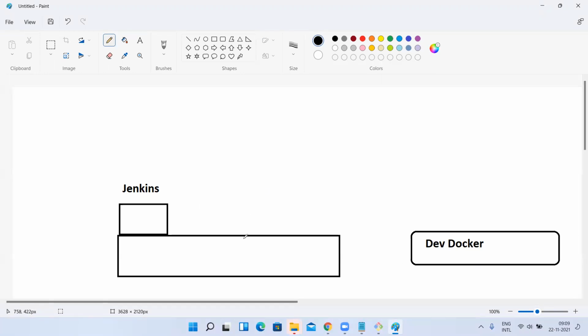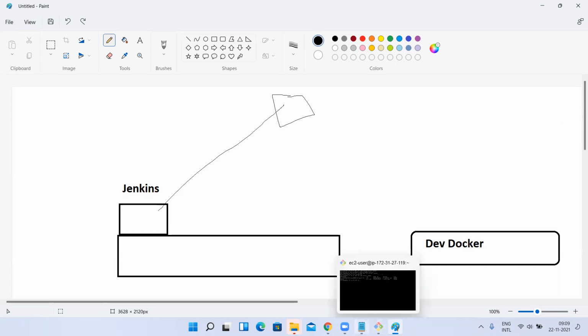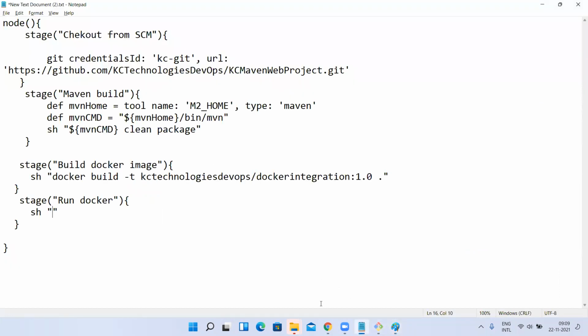So if you want to go and create a container here, first I need to push the image to my Docker Hub, right? Yes or no? Again, if I have a QA environment, I can pull the image and create a container. In the dev environment, I can pull the image and create the container, right? So now here, first I need to push the image into Docker Hub. Yes or no? Yes. So first I need to push my image to Docker Hub.